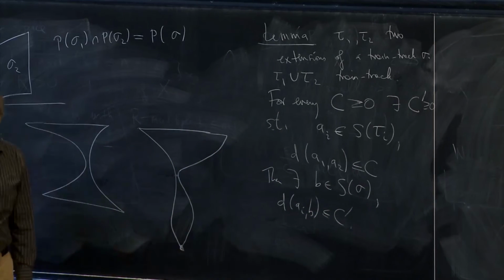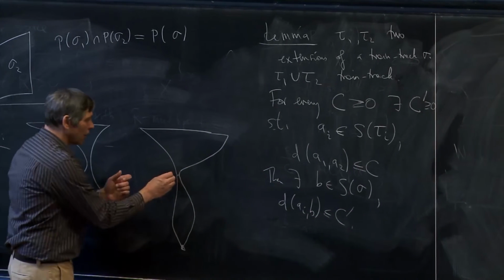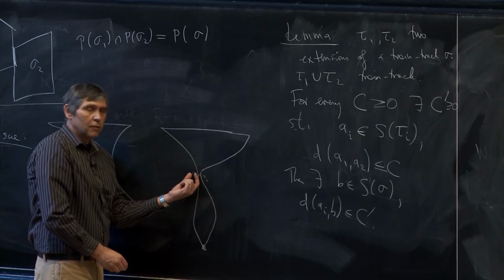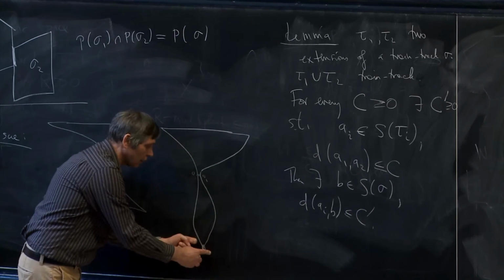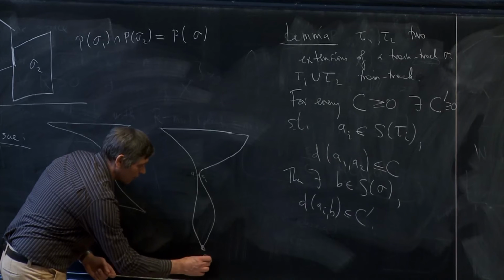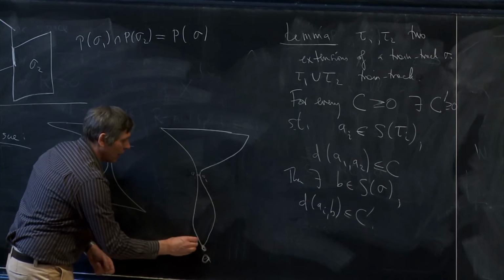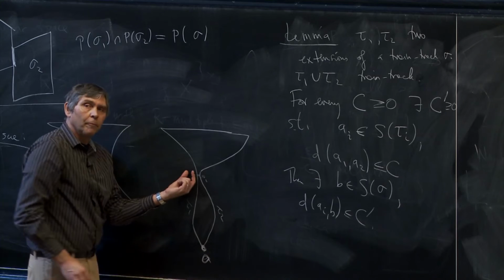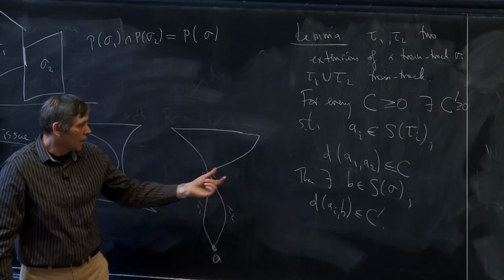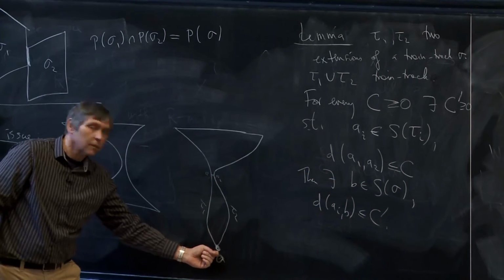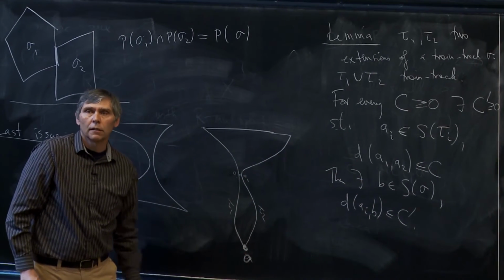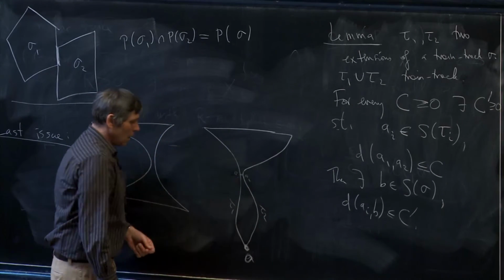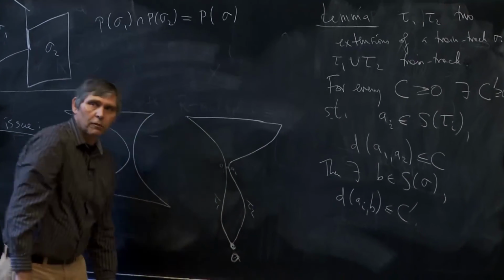Okay, so basically this says that if you see this picture, here's a1, here's a2, and they're kind of close to each other, well, the only way that this can happen is that both of these curves are actually close to this vertex. Think of this vertex as being given by sigma, and these edges are given by tau 1 and tau 2. So I'm giving you two curves that are close to each other, and the conclusion is they're close to the vertex. And that's okay, because then these will be swallowed by the little zero handle that you're going to put over here.